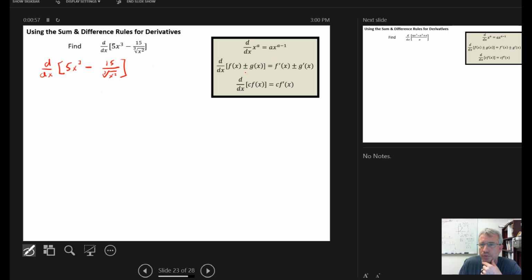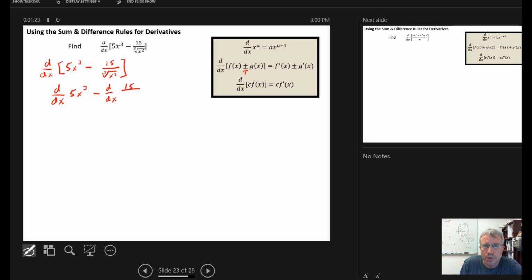So if I have a difference of two functions, I can break it into the derivative of the individual functions. So if I want to do d dx of this difference, I can just do d dx of 5x cubed minus d dx of 15 over